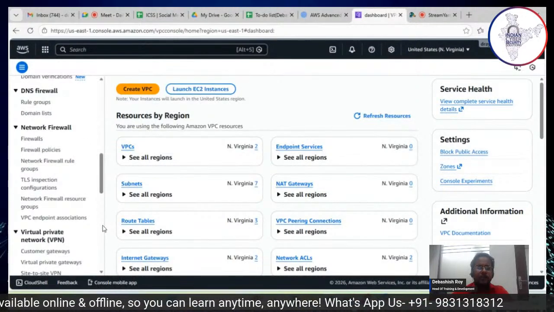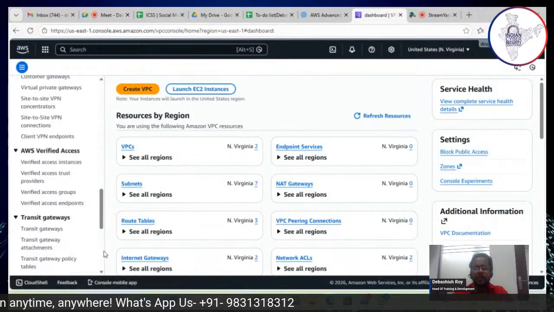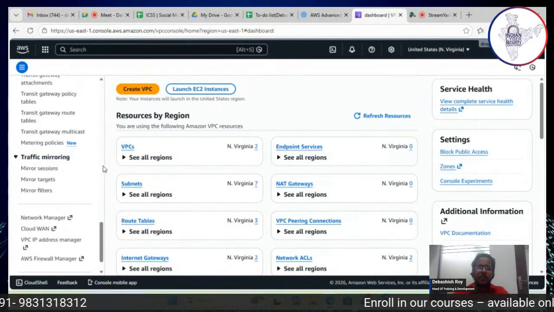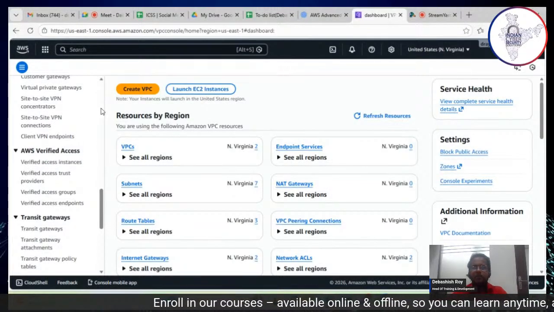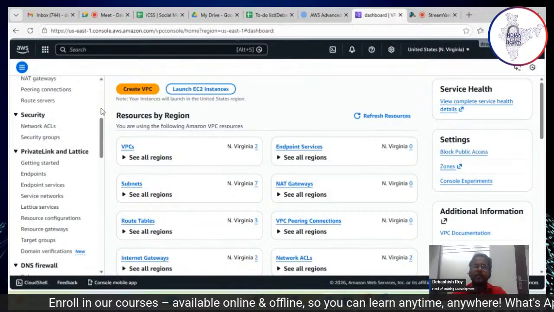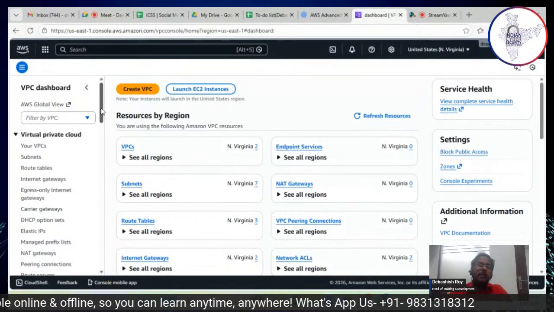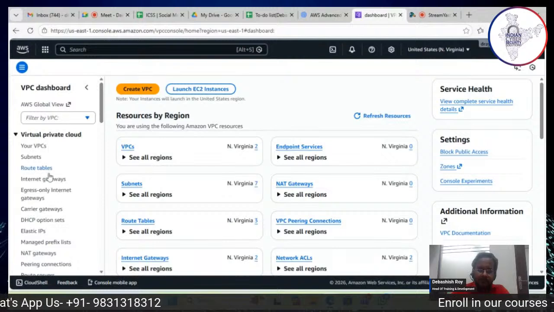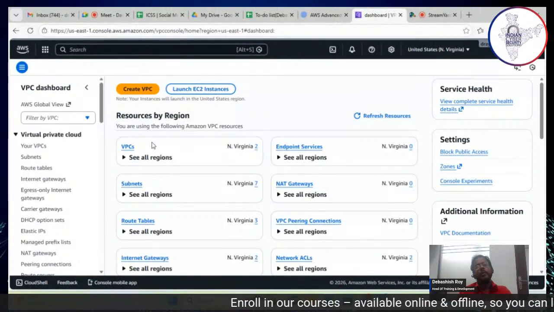So you can have all these features. As you can see, the network firewall and the firewall policies that I talked about, but these are for traffic monitoring, traffic mirroring, everything is there. These are optional things that you have. The security monitoring, although optional, you can implement it. The web application firewall is also there. Even if you launch the EC2 instance, you will see the option of web application firewall, but it's optional. But this VPC and all its components are very, very important,